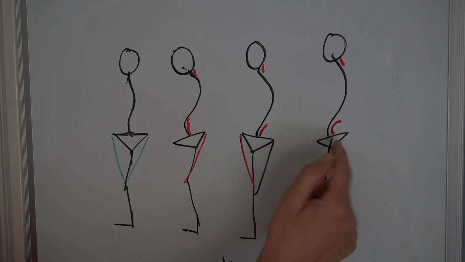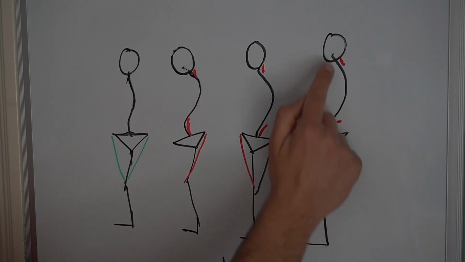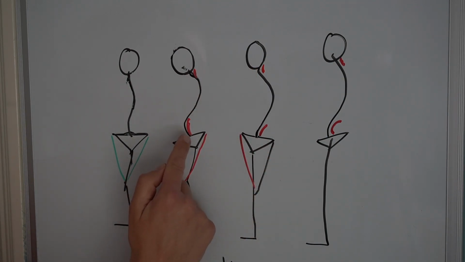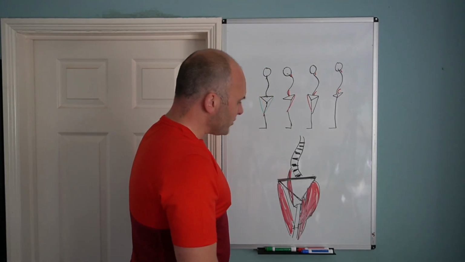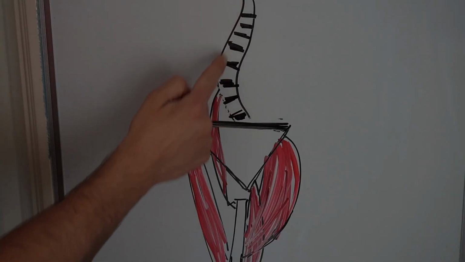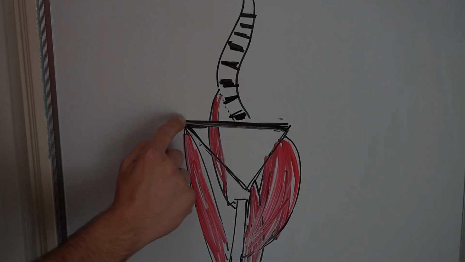Similarly, in terms of the areas where you can get discomfort, it's in the lower back and the neck. Same with this one, you'll get a bit of lower back and the neck, and the same with this one, lower back and the neck. So if we look a bit closer at the hips and the pelvis, what we see here is your spine, or my artistic impression of your spine,